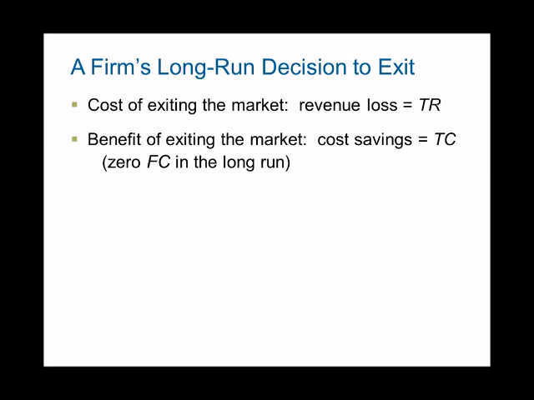After 2 years, your lease expires, so you have the option to renew your lease or not. So in that case, the firm exits when total revenue is less than total cost. In the short run, firms can get away with earning losses for a few years. But if you keep on earning losses year after year, then the firm cannot operate and has to exit. If in the short run you can cover your average variable cost, then you should still be in business.